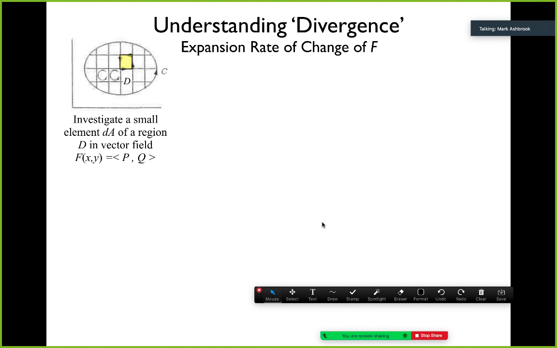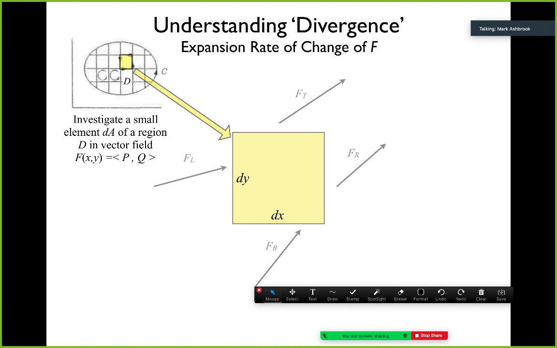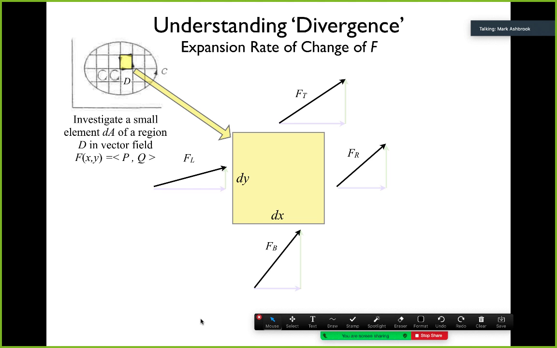So again, we're going to take our small element, and we're going to look at the vectors around it, and we're going to isolate the components of the vectors. We're going to get those vectors. And now we're going to ask, which of these components, so let me redraw all the,